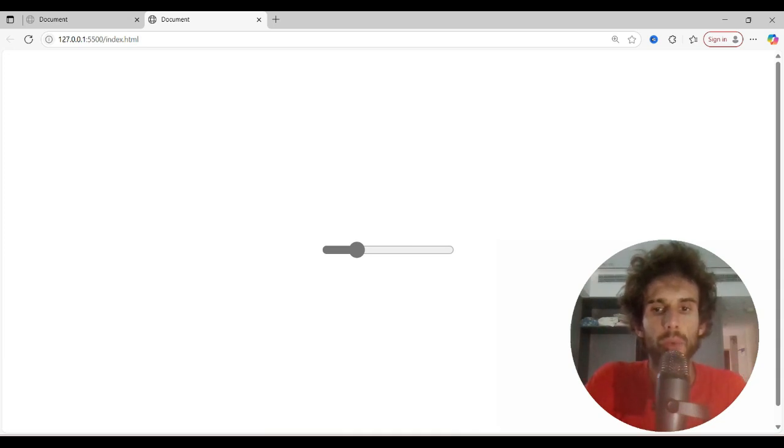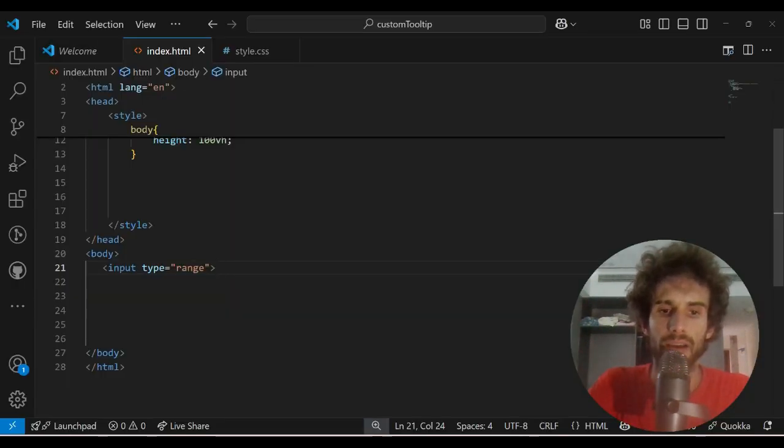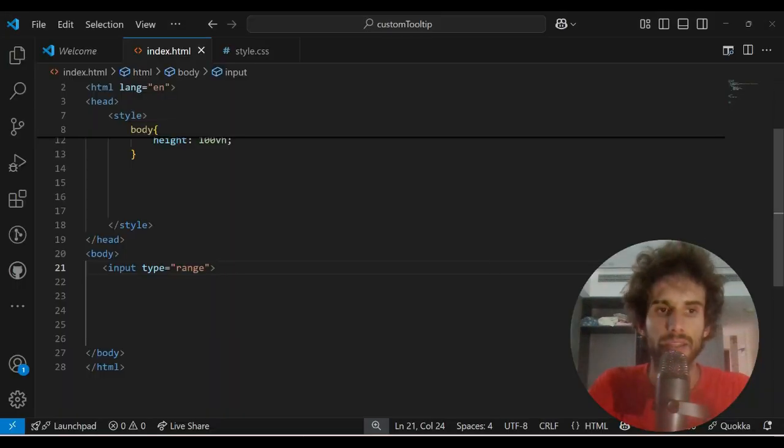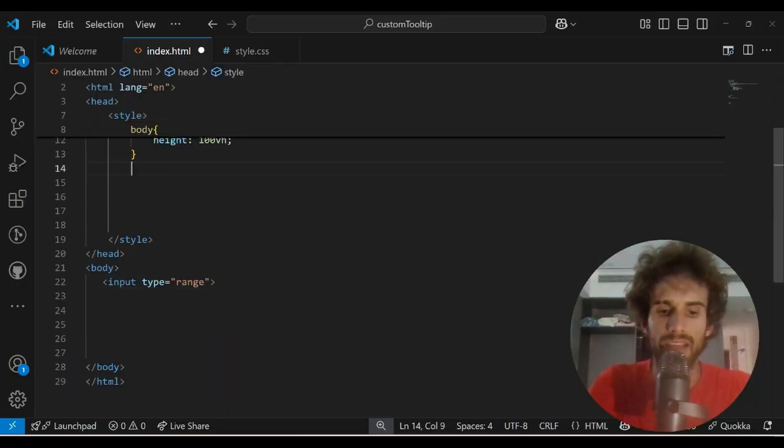Hi everyone, in this video we are going to see input type range. It is a type attribute on an input that allows us to natively create this slider that we have just seen. We can style this input very easily